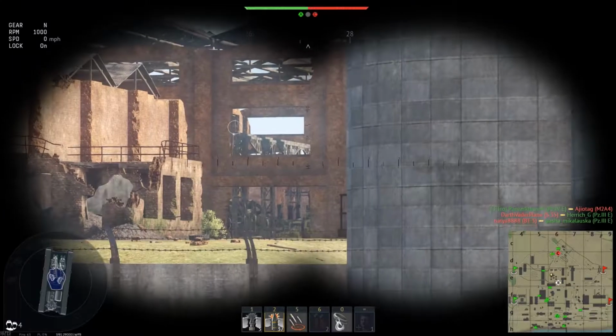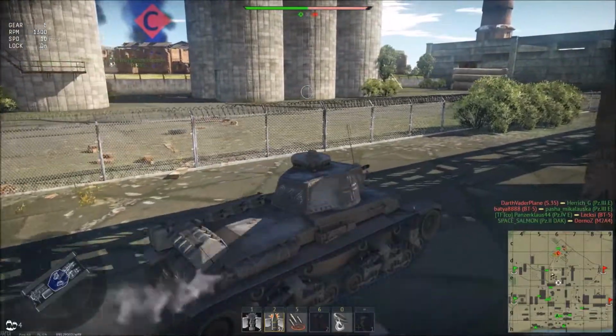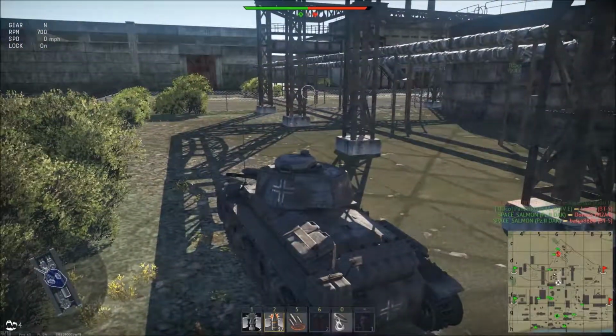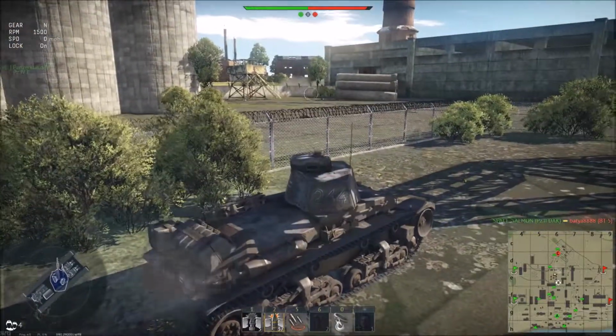But yeah, as always, gotta check with your binoculars. This tank doesn't have the spotting mechanic that the new light tanks get, because this isn't a reconnaissance tank. This is a battle tank, don't you know? You gotta check all around, you gotta look through the little nooks and the crannies, and make yourself...